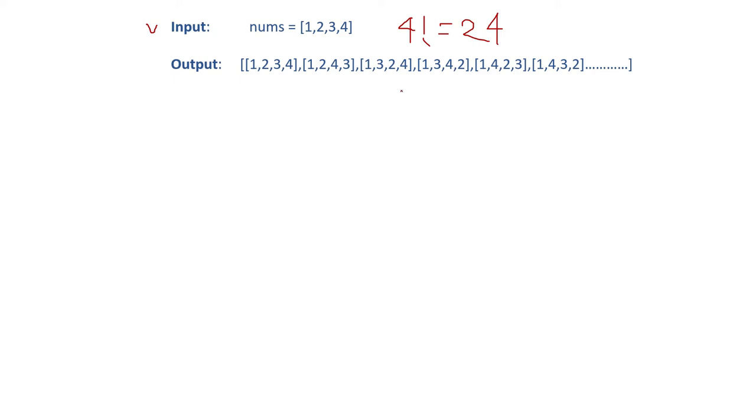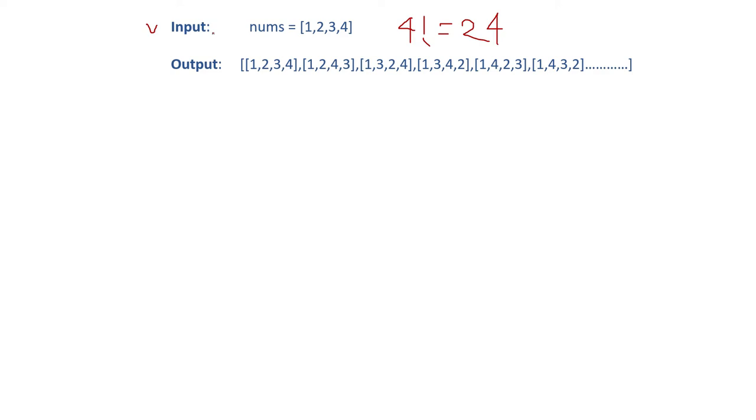Now, how can you find all these 24 combinations? Because you are only getting the number array as an input. If you think about a normal for loop or if-else to find this, that is a very hard process, right? So you can't manage the program. For that purpose, backtracking is very much helpful.